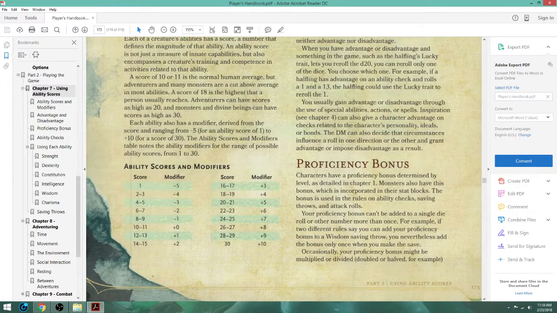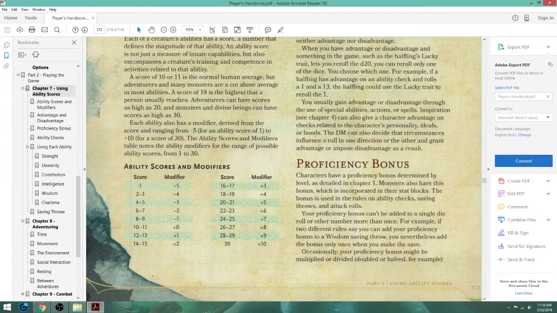Now, monsters also have this bonus as well. That's incorporated in their stat blocks in the Monster Manual. So you're not the only one with proficiency bonuses. But proficiency bonuses are added usually to all your skills that you are trained in, and your attacks, your spells, everything that you normally use. Saving throws as well, but if it's about a skill check or a saving throw,